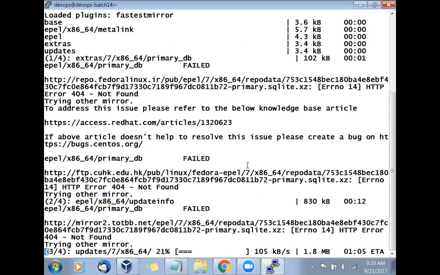There are nearly 5,000 different mirrors available, so any one is okay for us. It will automatically go and check and get the details. Today it looks like we have a good internet connection, 1 Mbps, we are getting around 113 to 115.